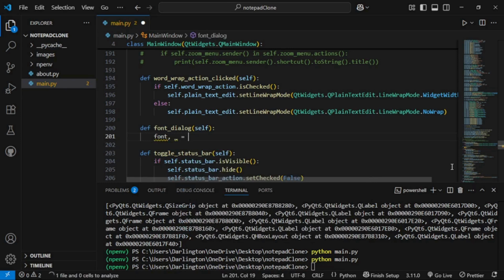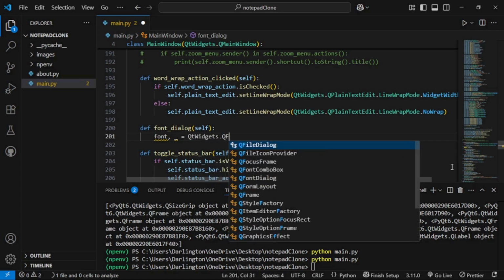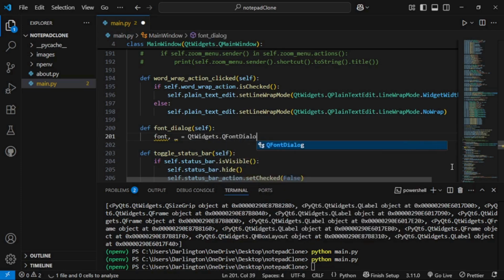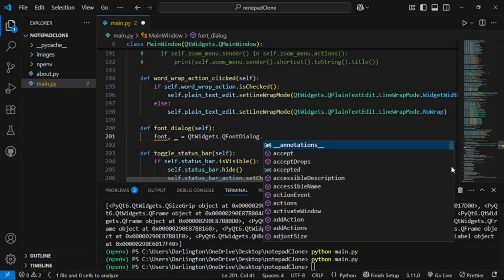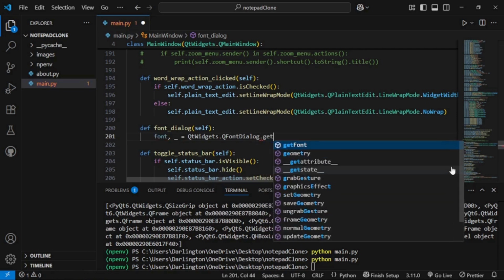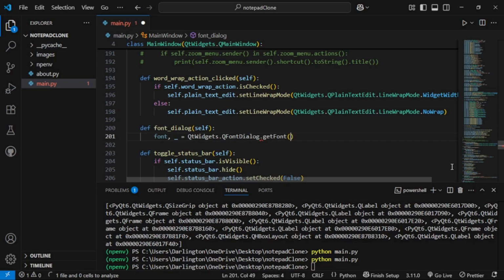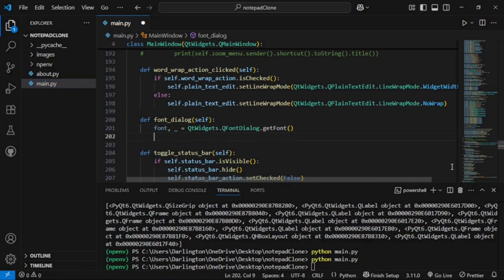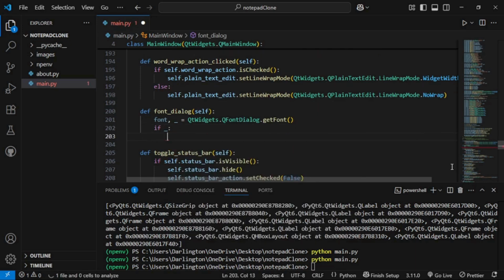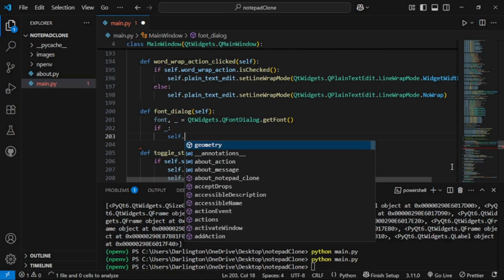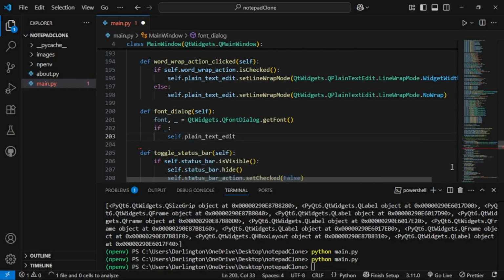This is a tuple, so we'll say QtWidgets.QFontDialog.getFont, and we'll say if underscore, then self.plain_text_edit.setFont, and then we'll say font. Okay,